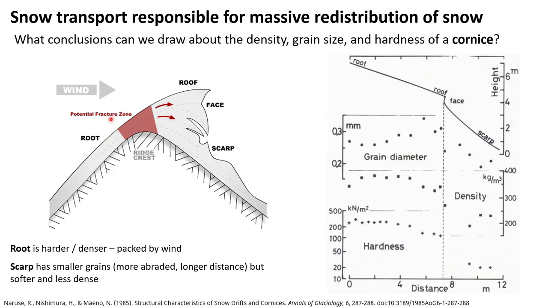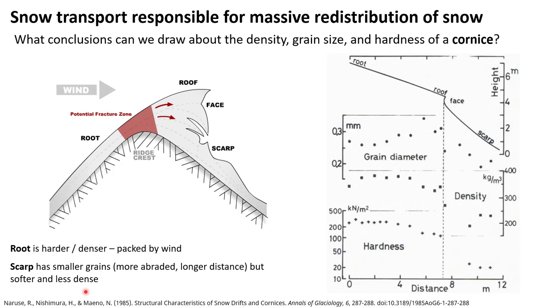And then the grains that are suspended and moved over the ridge into the face and the scarp region, those typically are smaller grains because those are the things that have traveled a longer distance and saltated and bounced their way up over this ridge. As these things are hopping or saltating up and over this ridge, each time they have an impact from another particle, they're likely fracturing and getting smaller and smaller. So we get smaller grains down here in the leeward side, in the scarp,